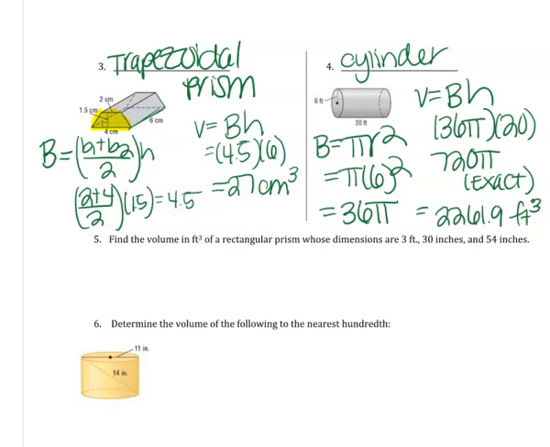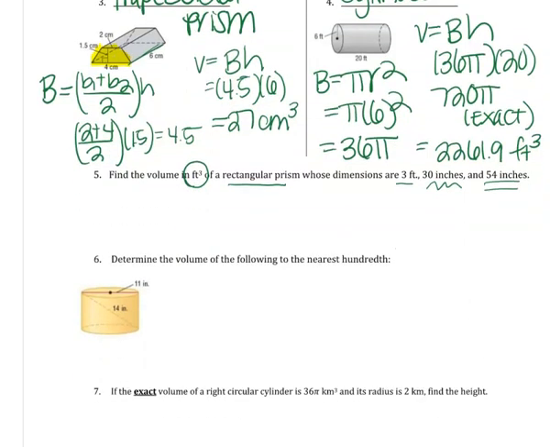All right, so question 5. Find the volume in feet cubed of a rectangular prism whose dimensions are 3 feet, 30 inches, and 54 inches. Now, since it's said in feet cubed, we want feet to begin with. So notice how 2 things are in terms of inches. Now, if there are 12 inches in a foot,